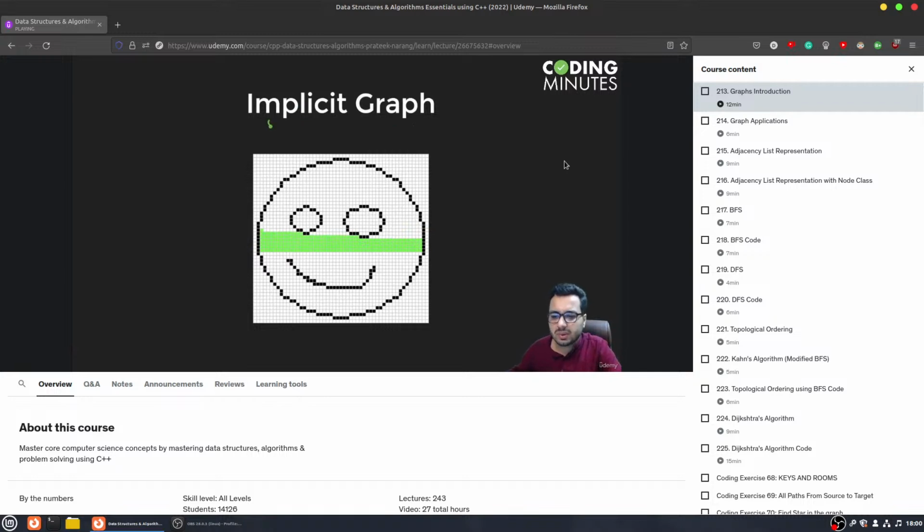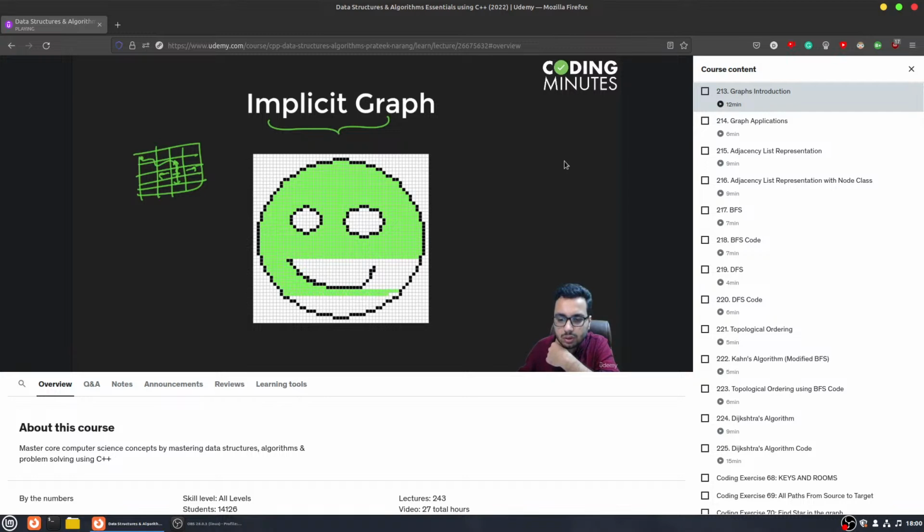So let's talk about what are implicit graphs. In many problems you would be given a 2D maze kind of a data structure, and maybe you're standing at this particular point and you can move in all 4 directions, top, right, up and down, and maybe tell me in how many ways I can reach this point, or maybe what is the shortest route to reach this particular point. So in this case you're not given the nodes, but you can assume that each node is connected with 4 neighbors. Okay, what we do, we don't create any other data structure. We already know the relationship between the nodes. Okay, so if this coordinate is i comma j, we know that if we want to go to the